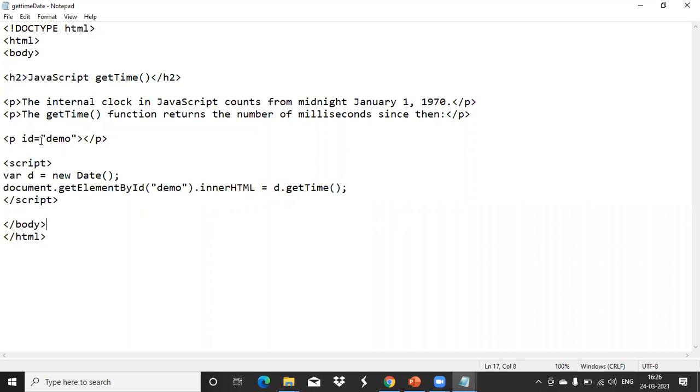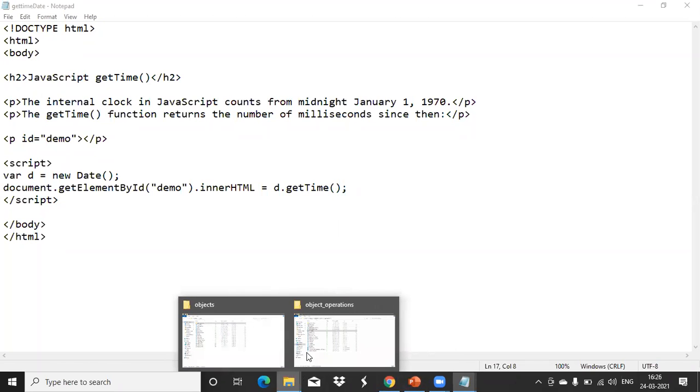Here the paragraph we named as demo. getElementById demo.innerHTML = d.getTime. d is already created as a Date type object here, so d refers to the current date and time. With the getTime method, it will show the current time in milliseconds format. Okay, see this output.